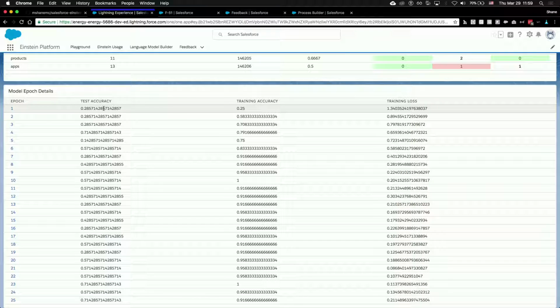So the first run that it did, the test accuracy was 28. So like think back to middle school spelling tests when you get that 28 on it or whatever. That's what we got. And so you see it keeps running models until it finally finds something. The last one that ran down there, that's a 71, right? And that's probably as good as you might possibly get on a data set this small.